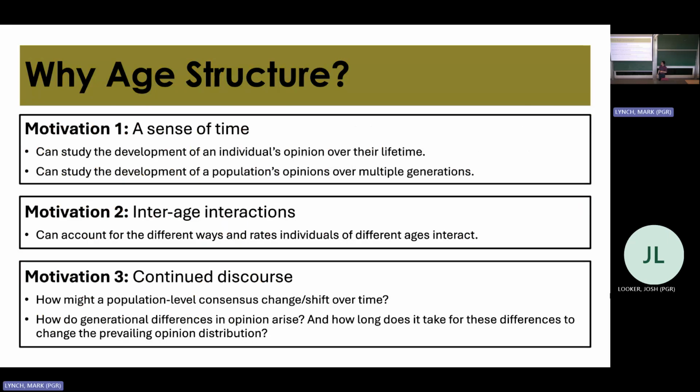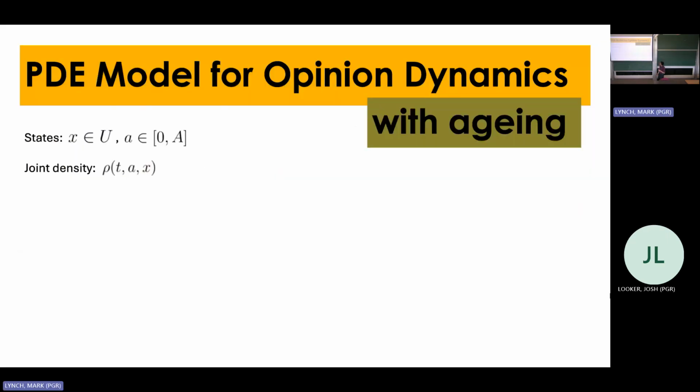Yeah, I'm kind of interested in the long term, if you have a population that is at consensus or a population that is split into different groups, whether that situation is stable, or if in the long term, as new people enter, they might bring together existing groups, or your consensus might break up, or it might shift. So how do we include this in the model?